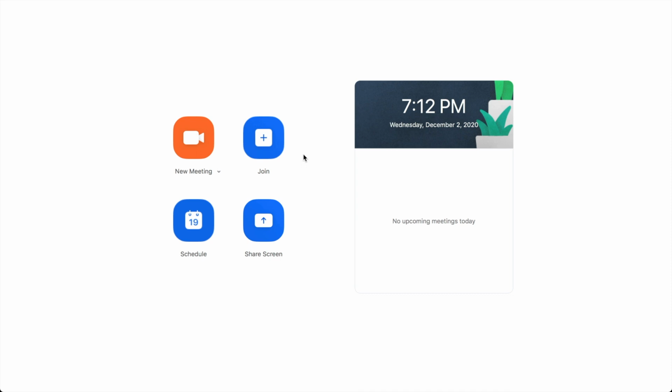Okay, now we're going to go through the second method to join a meeting. If you have joined this person's meeting before, or if you know the person's personal meeting ID, then this is a pretty easy way for them to let you join without sending an email. You're going to click on this Join button,